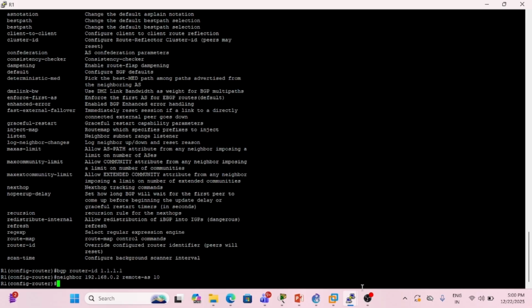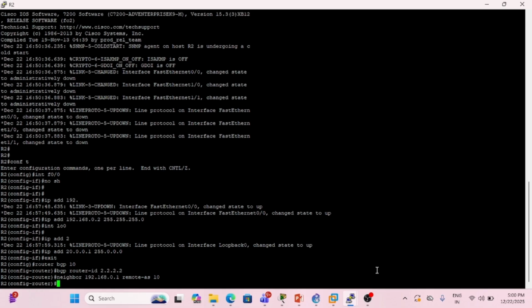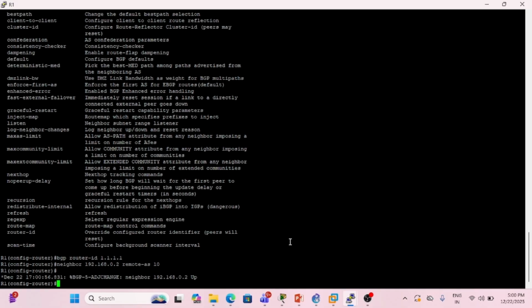the same. And here on R2, its neighbor would be 192.168.0.1. Remote AS is again 10. So on both the routers, I provided the information of the neighbor, and I also have to advertise, and you can see the neighbor relationship is up. So it has found the neighbors, and you have to advertise your networks, that is both the networks that you're having, like